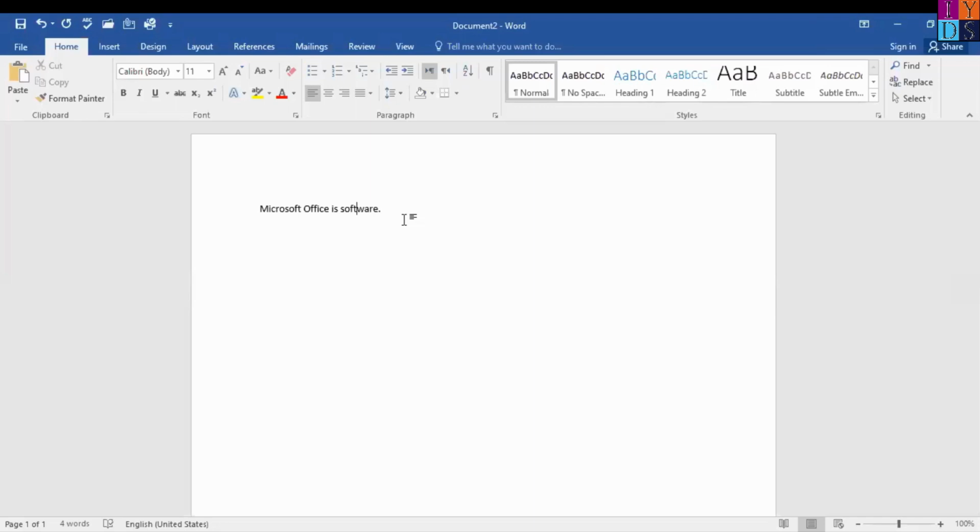New paragraph line: press enter on your keyboard to move the insertion point. As you can see,